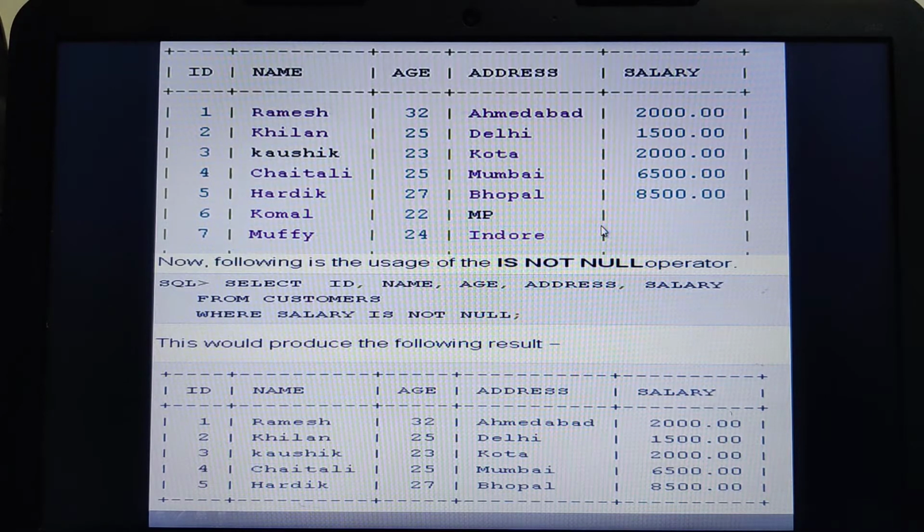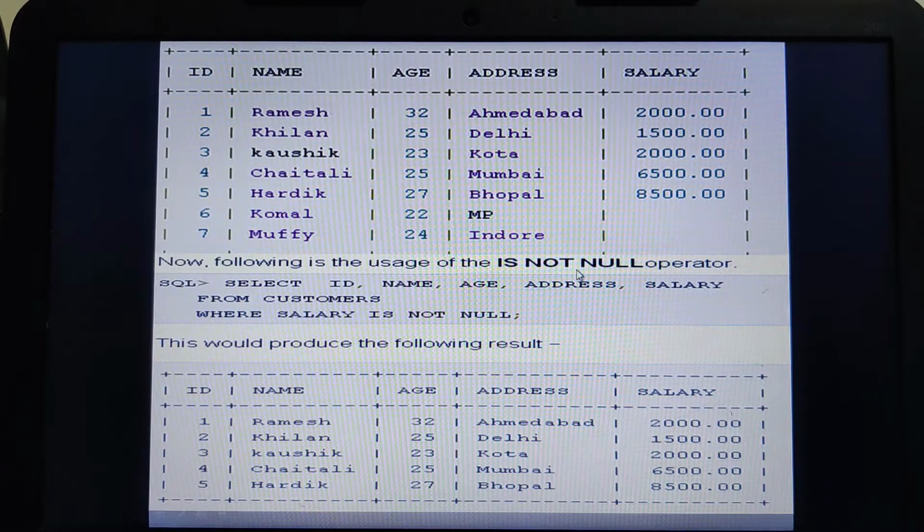Here I have written a query: select ID, name, age, address, salary from customers where salary is not null. Wherever the salary is not null, only those records will be fetched from the customers table. I hope you are able to understand.